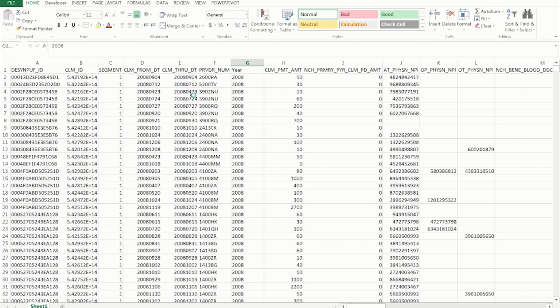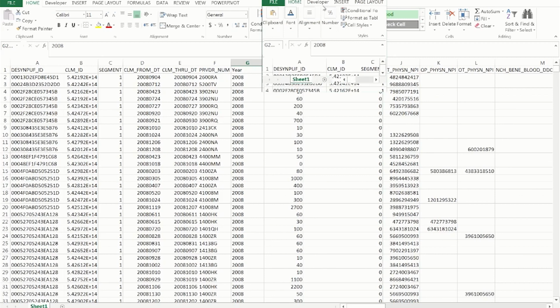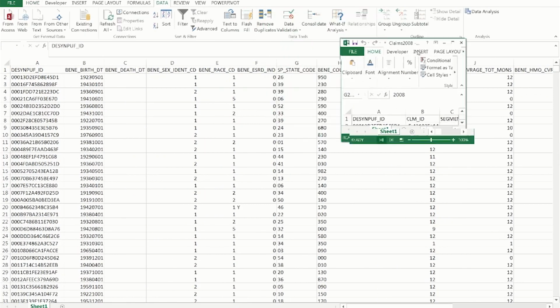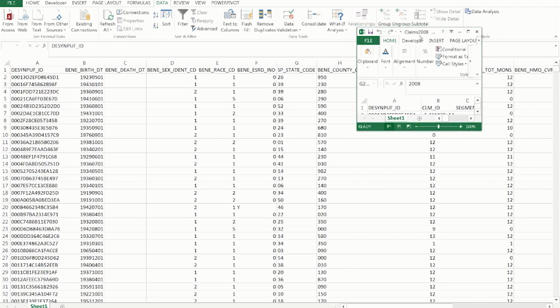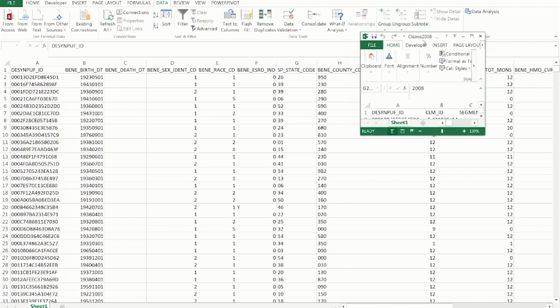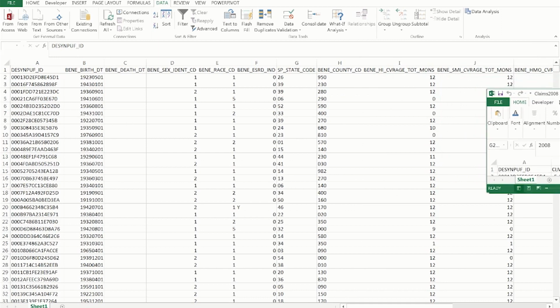This includes outpatient claims data as well. So we can actually utilize this outpatient claims data in concert with the beneficiary summary file to identify how many claims each of the beneficiaries had in 2008. So what we're going to do is adjust the look of our screen here so that the claims data is shown on the right side. Just grab the toolbar at the top, click down on your left mouse, and drag this window over to the right side of your